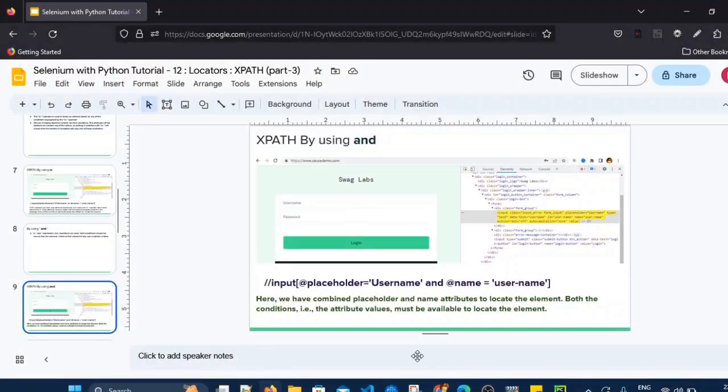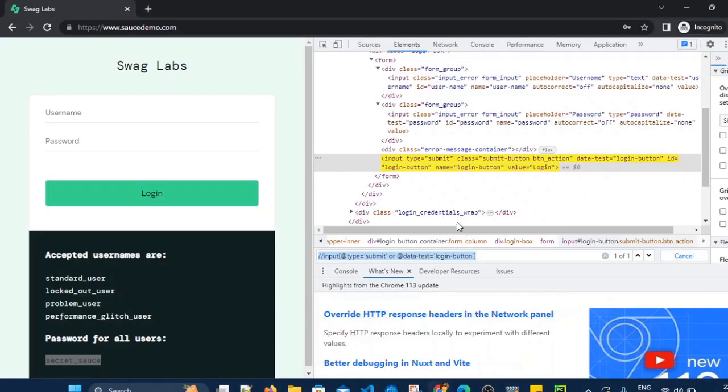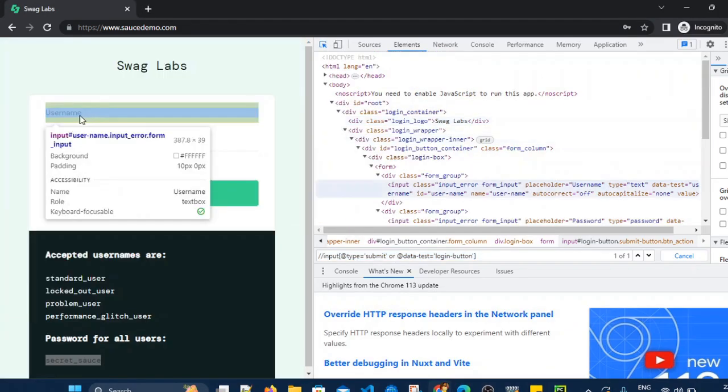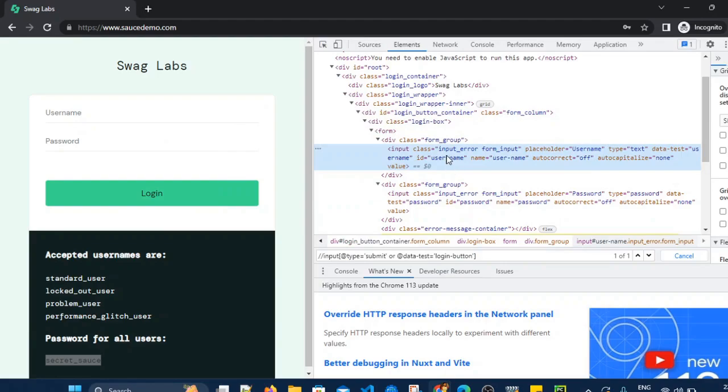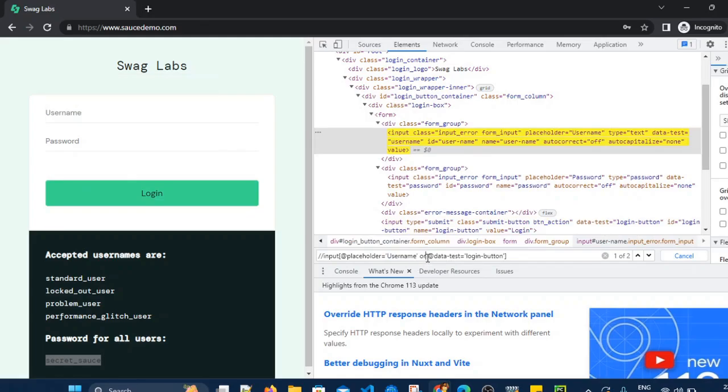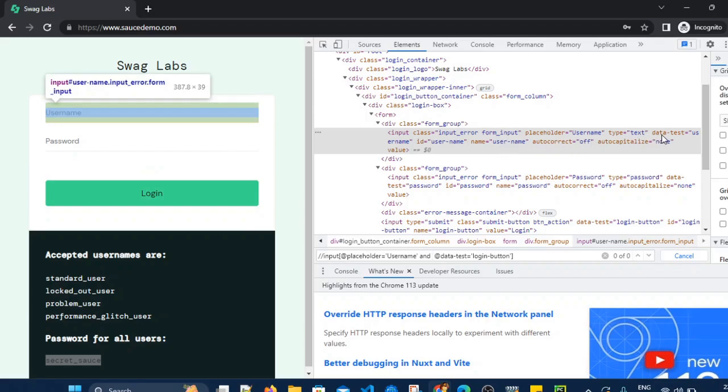Now let's check it out in our Chrome browser. I will first highlight the username field. For this, let's say I am using @placeholder equals username, and here I will use the AND condition, and let's say data-test. The data-test attribute for the username field is username, so I will put that value here.